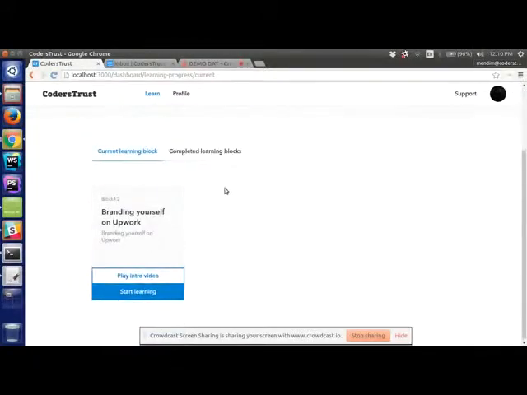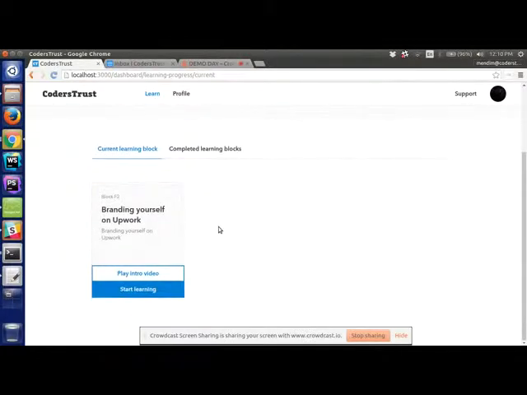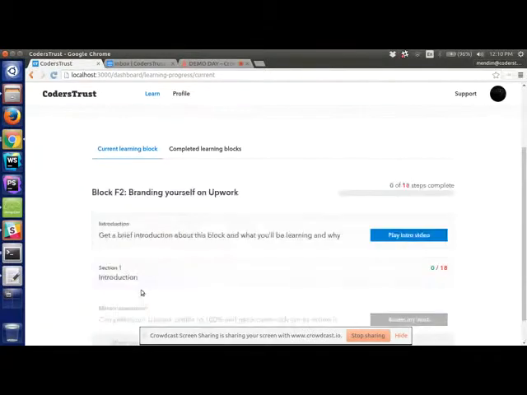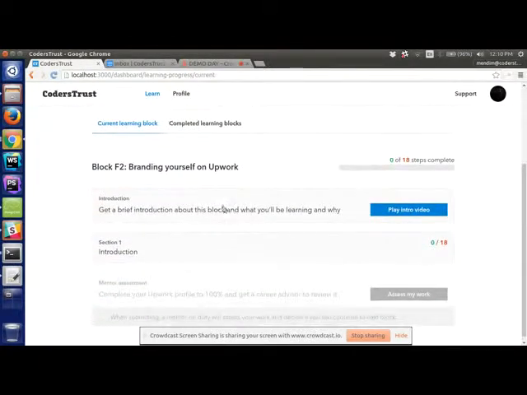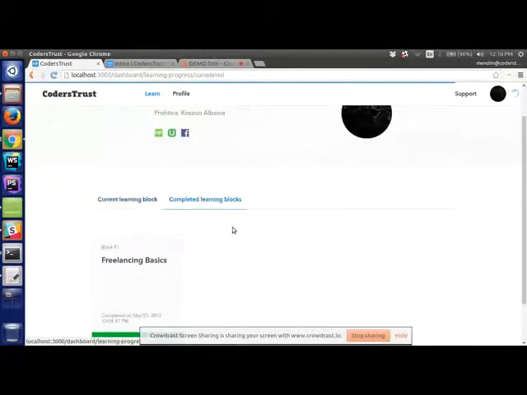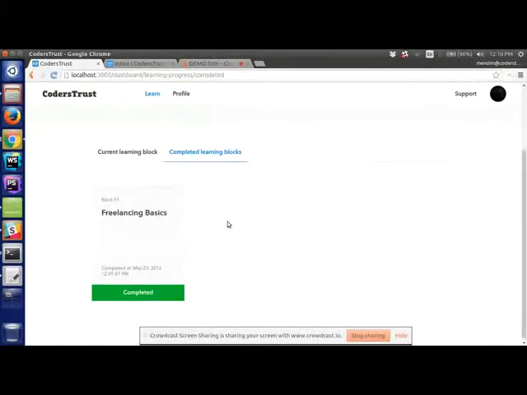So automatically we show the block F2, so the student now can go to learn on the block 2. And I'm just gonna start learning on this block, and it opens. Try to go to completed building blocks. Okay, yeah. Well, you can see all the completed.